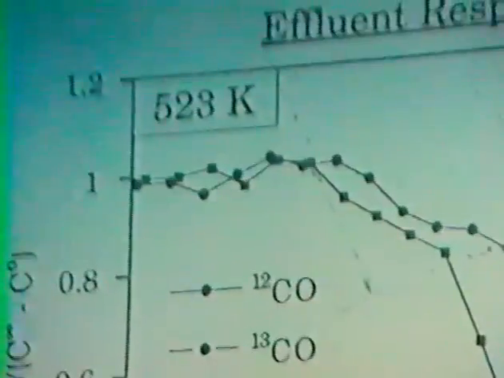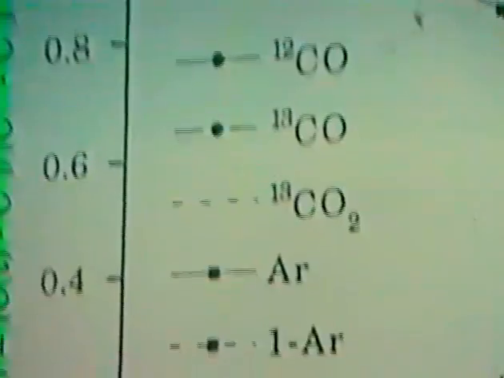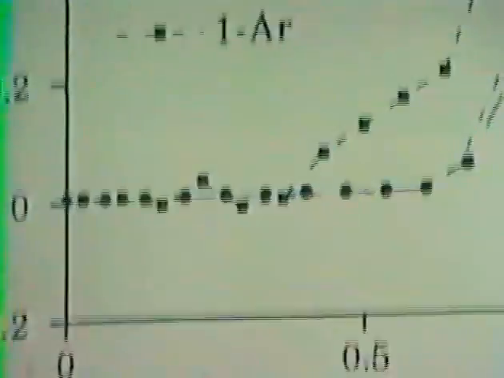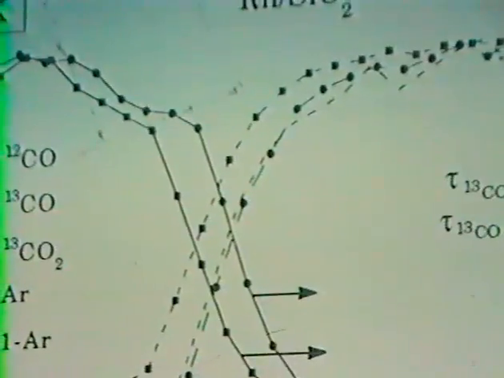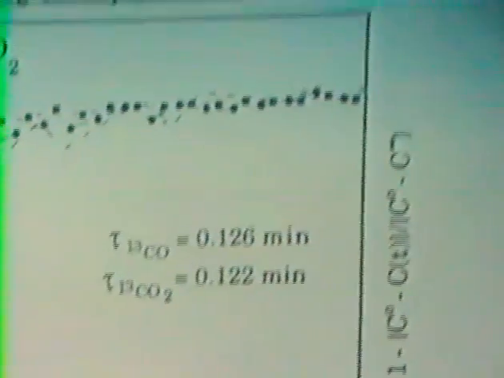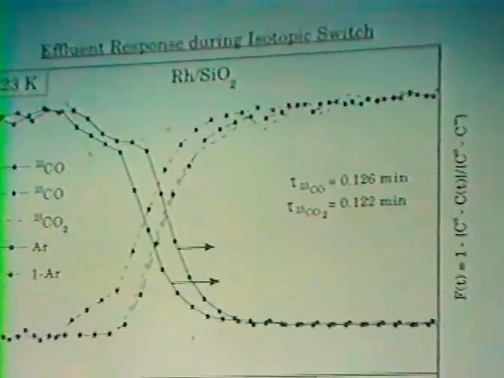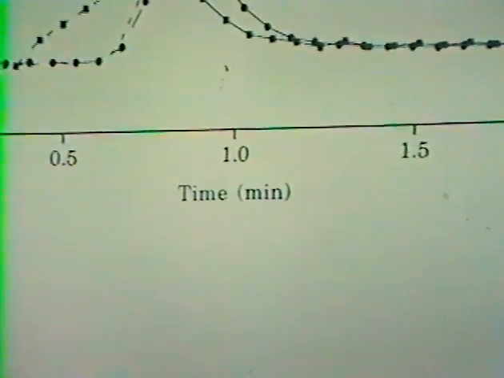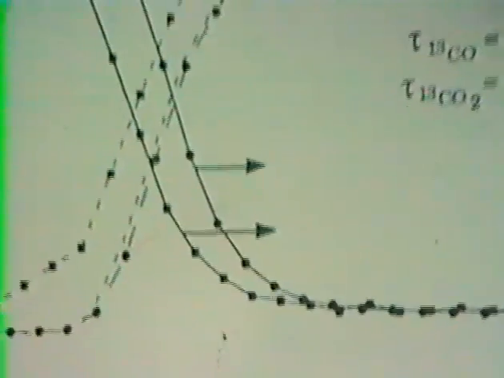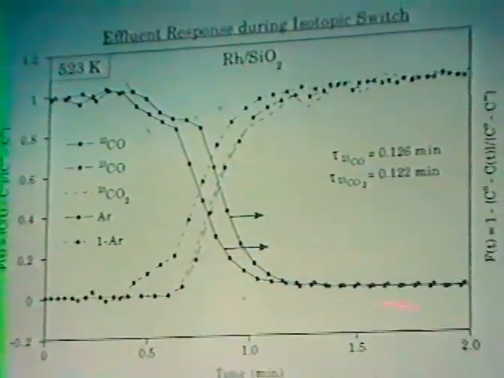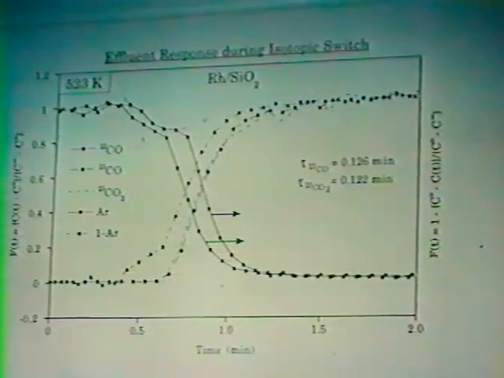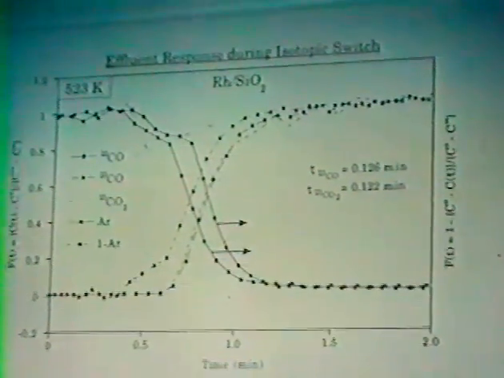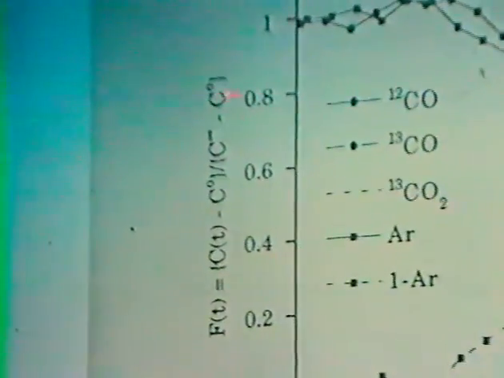So let's take a look at this transient result here. Okay, the way we conduct this experiment is here. Again, we pass the NO and CO flow through the reactor at a ratio of 1:1 at 523 K and 1 atmosphere. And at the reference time 0 here, we switch the C12O to C13O. It's a step change. So C12O drops very rapidly down to 0, and C13O increases up to 1. This is a normalized response, the normalized step response here.